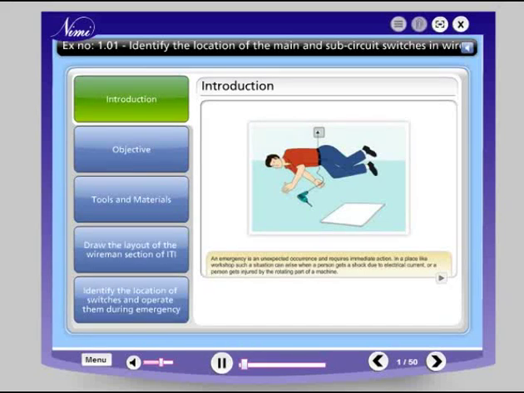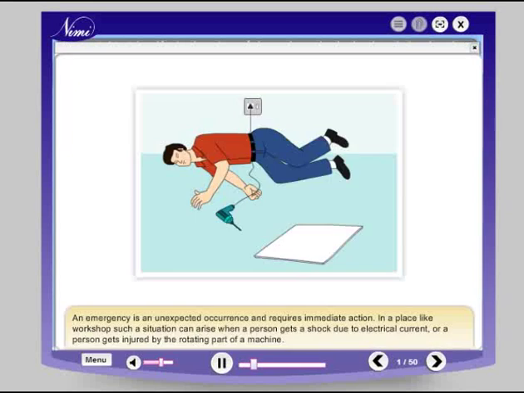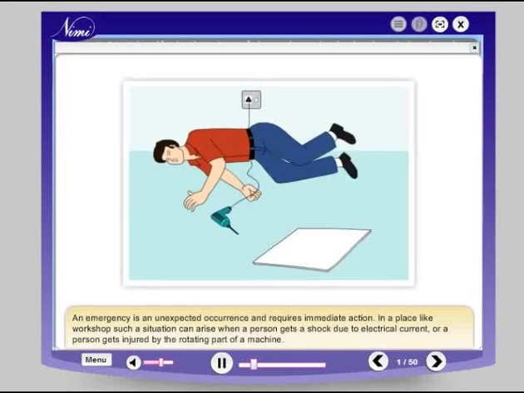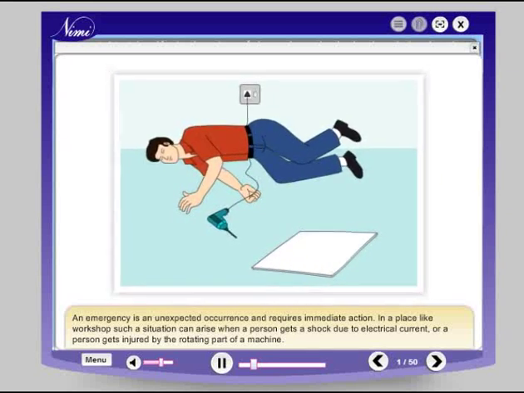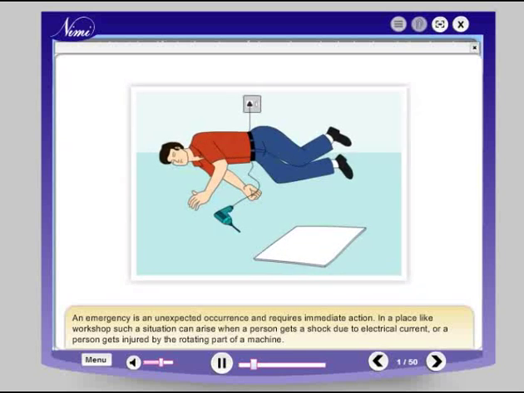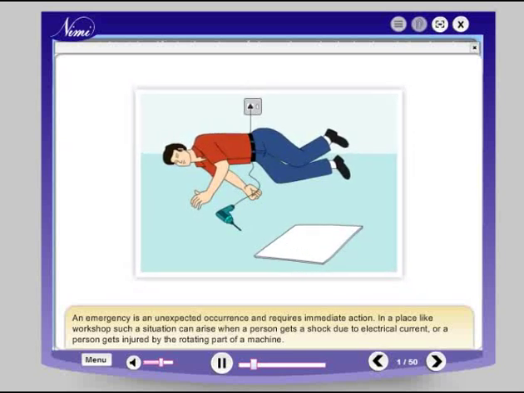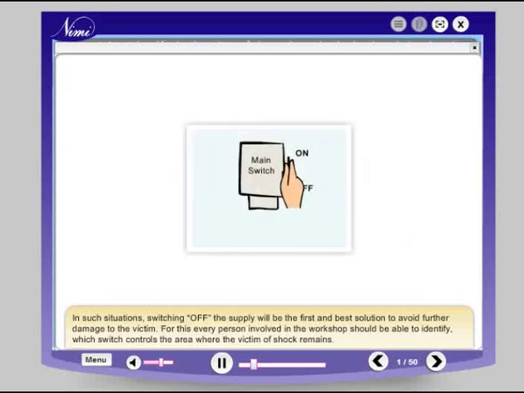An emergency is an unexpected occurrence and requires immediate action. In a place like a workshop, such a situation can arise when a person gets a shock due to electrical current, or a person gets injured by the rotating part of a machine. In such situations, switching off the supply will be the first and best solution to avoid further damage to the